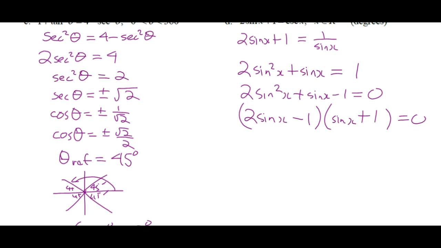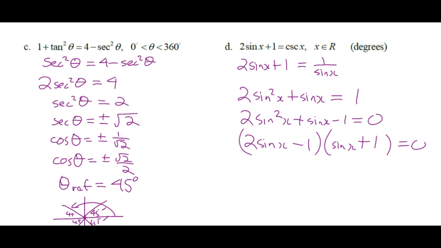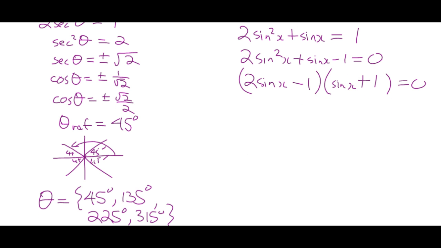Okay, we're going to be okay, right? Because we're not going to get a sine x is equal to 0, which would be bad for this. But watch for that when you're solving these things, right? Especially when you're looking at the answers and say, well, why don't they have this answer? And it's because, you know. Okay, so 2 sine